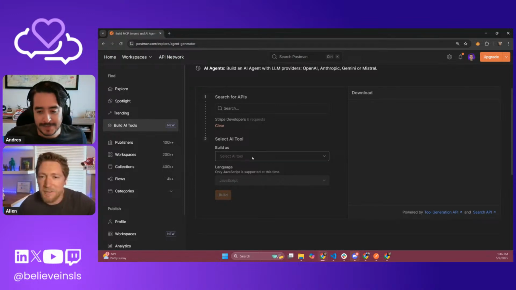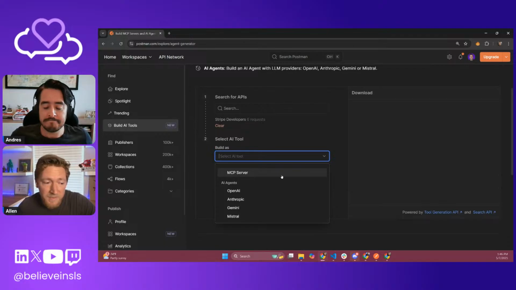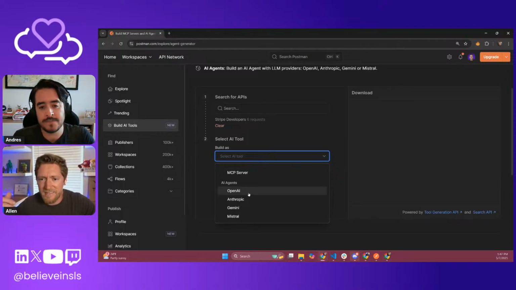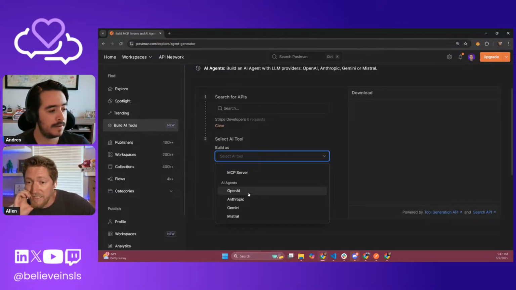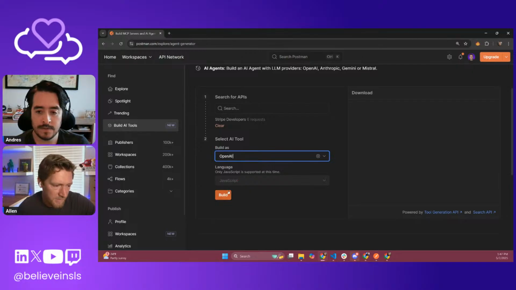Let's get all the way through it, and then we'll talk about the difference. So we can do an MCP server, or we can actually use an agent. The agent obviously is what we built last episode, where we took an MCP server and actually made an LLM use it. So it has code to do that. Let's see what that looks like built.